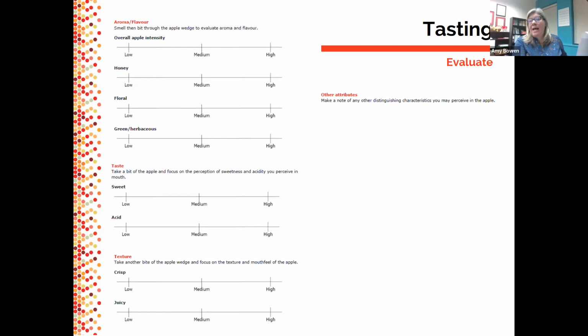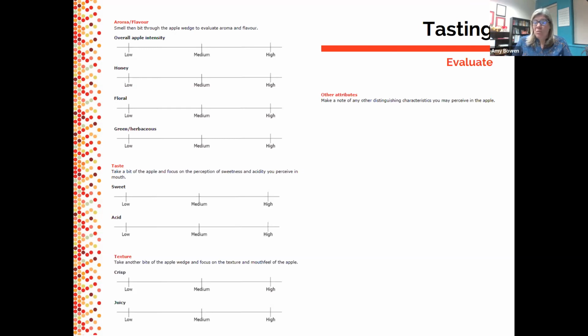So I'm going to walk you through how we're going to use this sheet, and then we can get into going through the apples. What you'll see on here is the different aromas. These are all taken from attributes that we use here at Vineland with our trained panel to evaluate all of our different apples. I said that we use 18, and we have about 8 of them that we're going to be looking at.